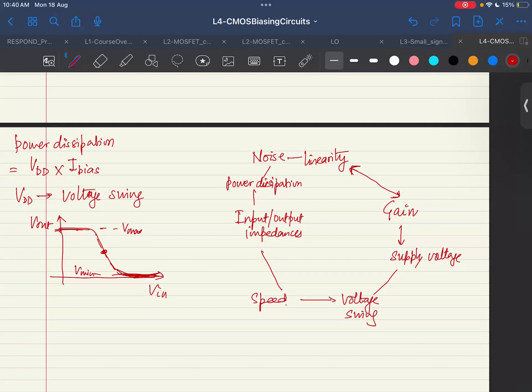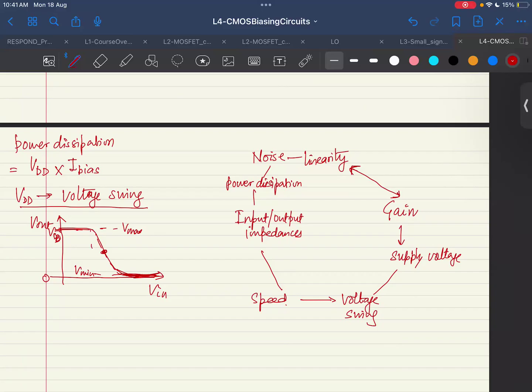Because we discussed that if we switch just the position of the NMOS and PMOS in the CMOS inverter, these numbers, whatever you get as a swing, would change, right? Because of the drop which happens, the VTH drop. So that means this is a very important metric which is decided by VDD. If VDD is very small, obviously your swing is going to be smaller, right? So this is a very important metric because that defines that